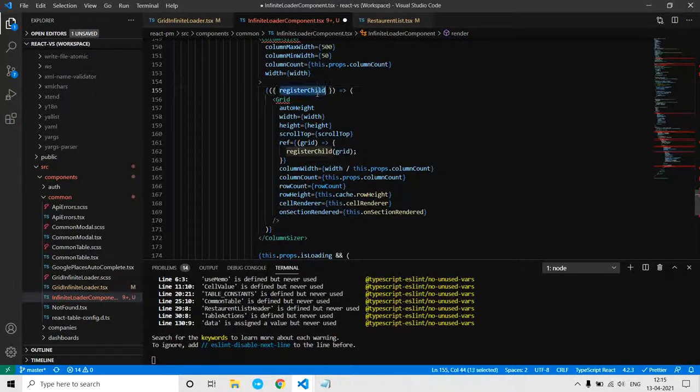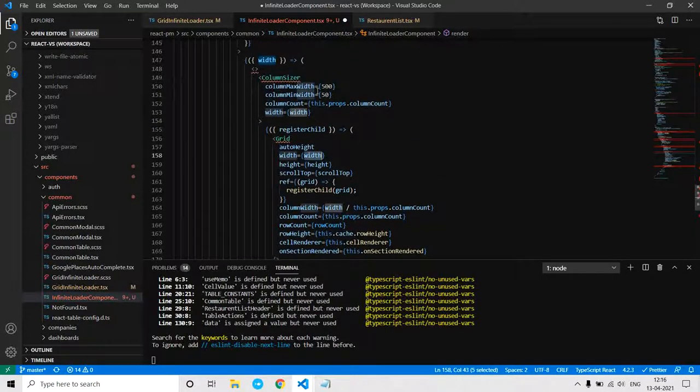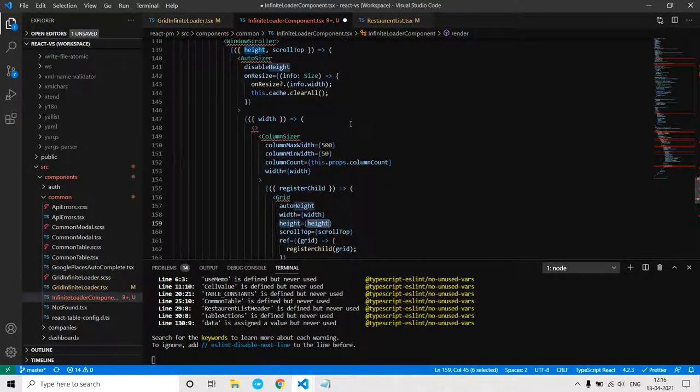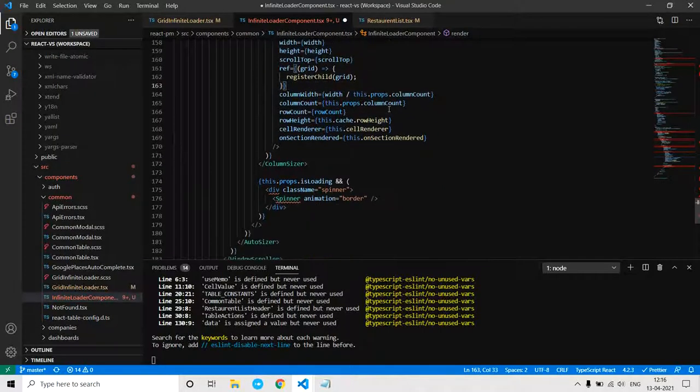And here we get the registerChild function. This is important. This function is helpful in refreshing the set of rows when we fetch more rows. It is used internally by the grid to refresh the rows, so we don't need to bother too much. We are just providing this width and height provided by WindowScroller and AutoSizer to the grid, so that it can render.